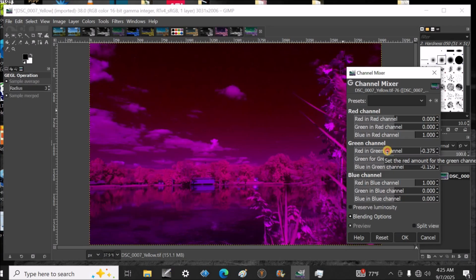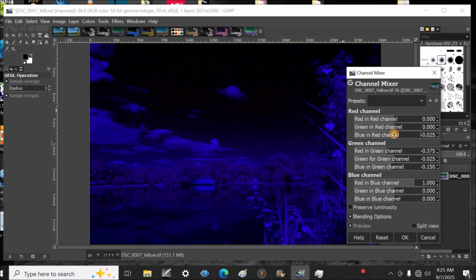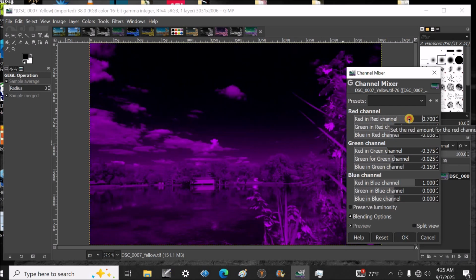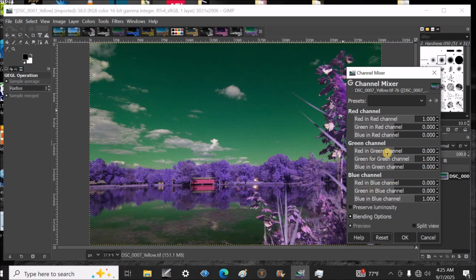See, I'm kind of experimenting here. You can get a whole bunch of stuff, and I just kind of messed it up there. But if I swap the green out, you know, I can get a different color of sky. If I put the green into blue, that should do it, shouldn't it? If I put the green into the blue,